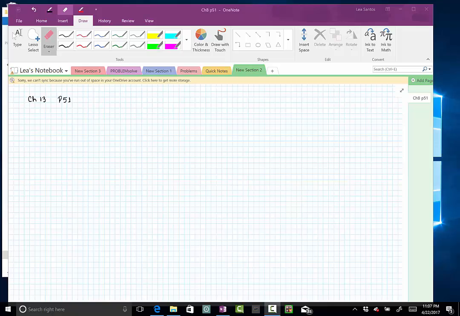So this is problem 51, chapter 13, Giancoli 6th edition. The root mean square speed of molecules in a gas at a certain initial temperature. Let me assume that this initial temperature is 25 Celsius. And we want this root mean square speed initial, I'll call it 1, to be